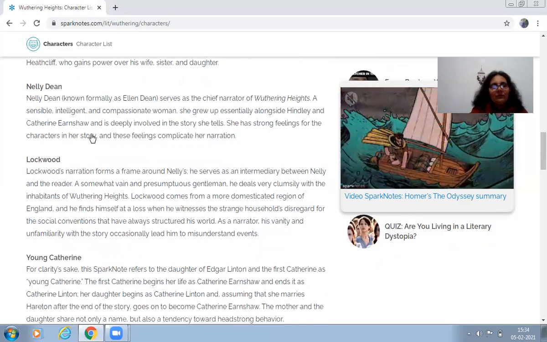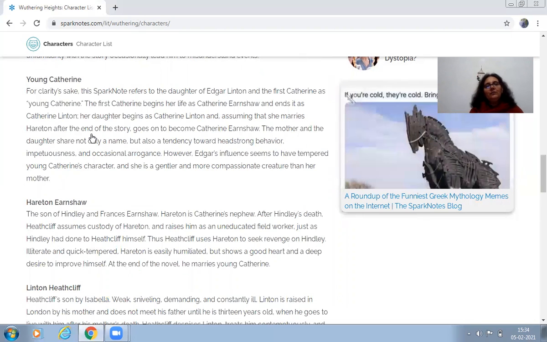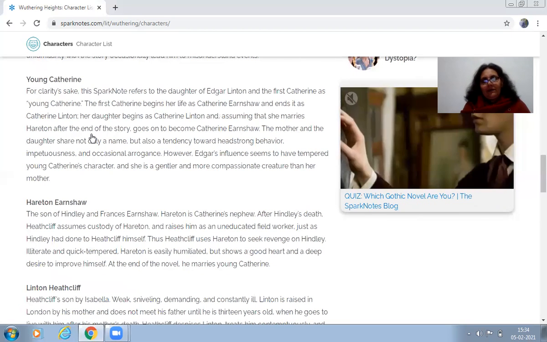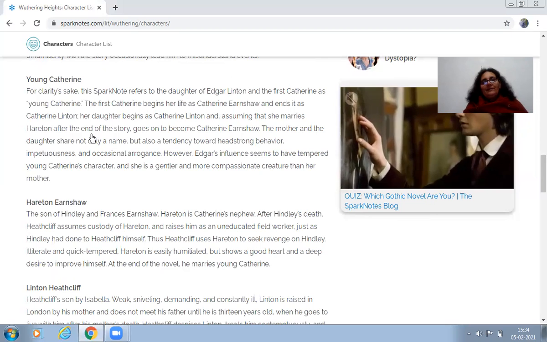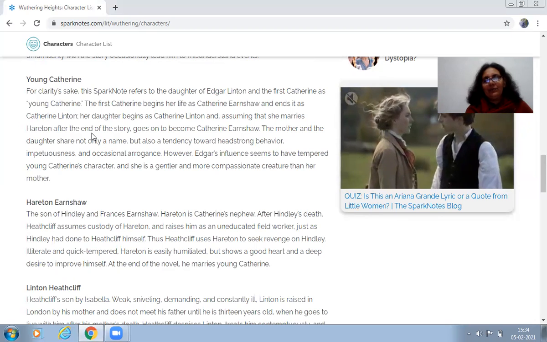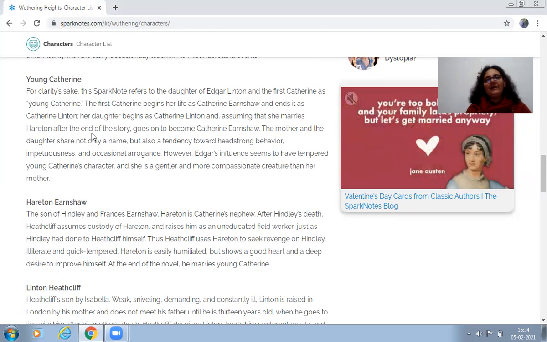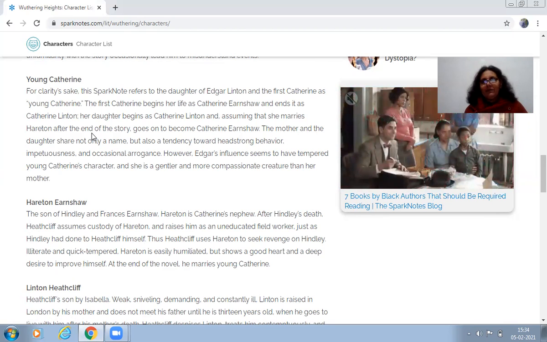Another narrator is Lockwood. Then another important character is young Catherine. She is daughter of Catherine and she is referred to as young Catherine. So you just write and go through all these characters. In the next lesson, we will be talking about these third generation names like the Earnshaw and Linton family first generation. We have talked about Heathcliff and Edgar, Catherine, they are second generation, and we will talk about these third generation characters in the next class. Okay.